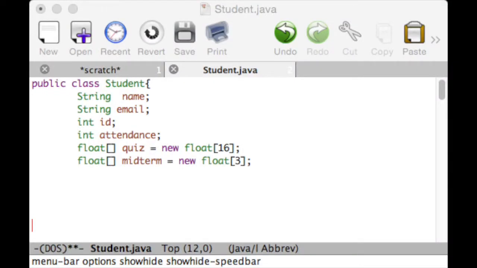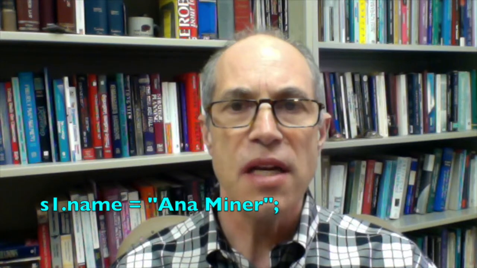In fact, let's return to the example of the class student. You'll recall that the class student was defined as public class student with instance variables string name, string email, int ID, int attendance, an array of floats called quiz, and an array of floats called midterm. When I created an instance of the class student for a student named Anna Minor, I was able to set the value of the variable name by having this line in my program: